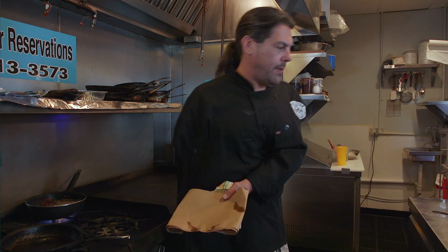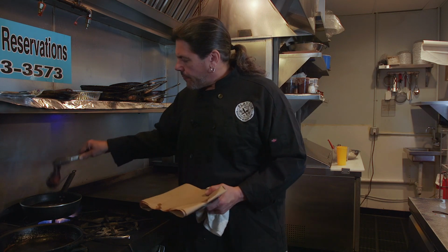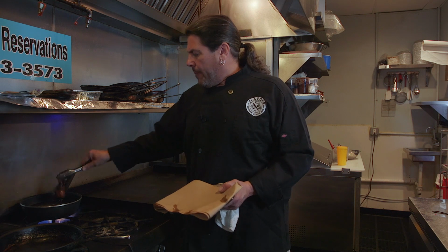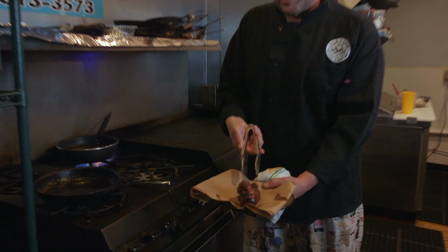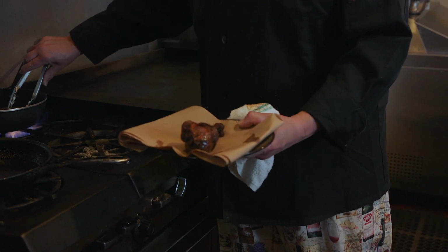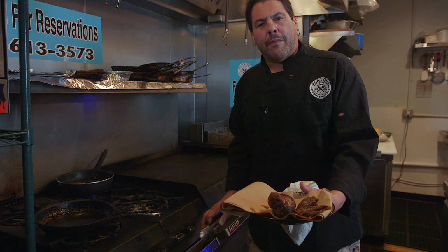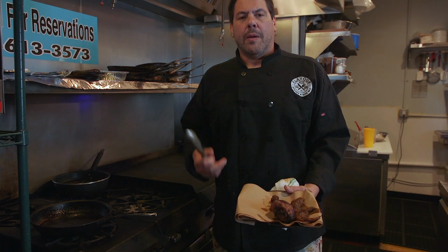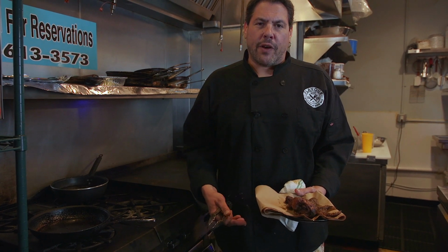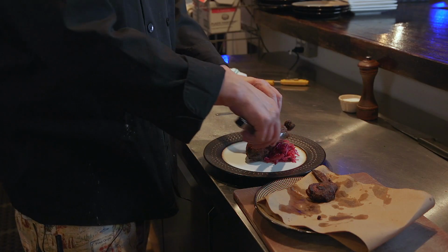Now that our chicken is nice and crispy, we're gonna dab it off, and then put it on a paper towel just to get off any of that excess oil. And look at that. Some Swamp Voodoo Magic Black Lacquer chicken. Remember when we were talking about that coleslaw earlier? That's what we're gonna serve it with. Take the leg, straight up, couple wings,